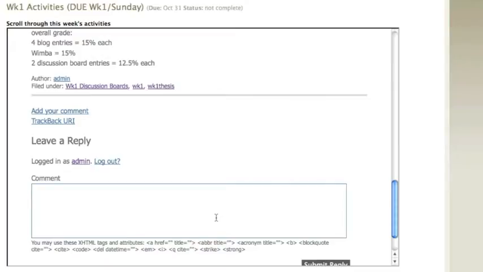For you, it'll ask you for your name, what you want to put in. It'll ask you for your email address. It'll ask you, I think, for a URL. And the URL you probably should put in there is just your blog. And then in the comment here, you go ahead and write your comment related to